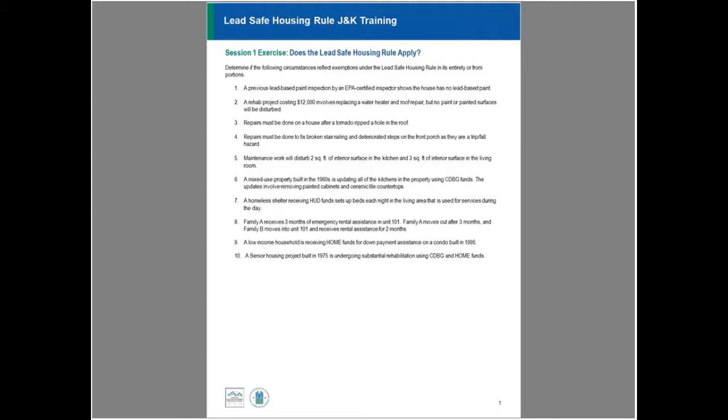So number 6, a mixed-use property in the 1960s is updating all of the kitchens in the property using CDBG funds. And the update involves removing painted cabinets and ceramic tile countertops. So what are we doing here? We're using CDBG money, it's pre-78 housing. So the lead-safe housing rule does apply to both the non-assisted and the assisted units. So if a project receives CDBG funds, the entire project is considered assisted, and the lead-based paint requirements apply to